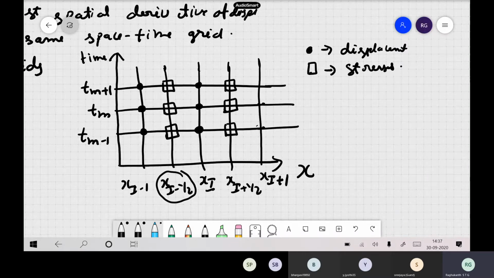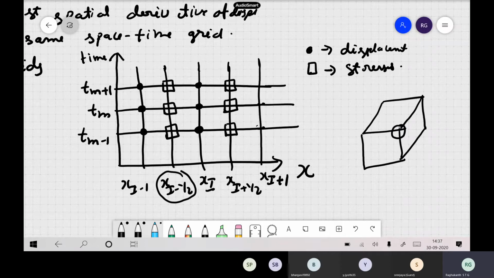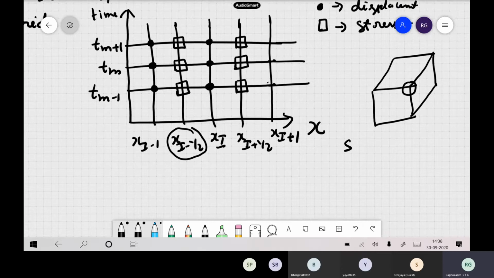I think one more grid we will see later on. You remember long back we discussed, I think I drew a cube kind of thing also. So what is this staggered grid? It comes in 3D automatically. You define normal stresses at one set of grid points, shear stresses at another, horizontal velocity at some other place, vertical velocity at some other place. So where the displacement is defined, you are not defining stress there, and where you define the stress, you do not define displacement. This type of grid we call the staggered grid.